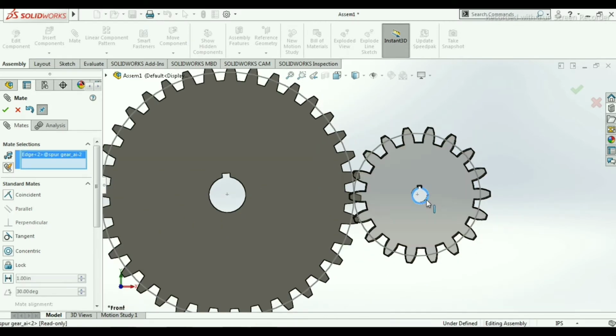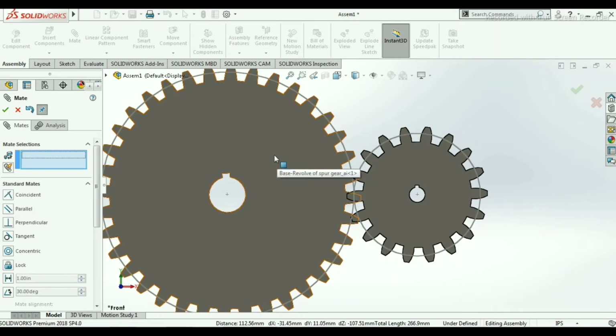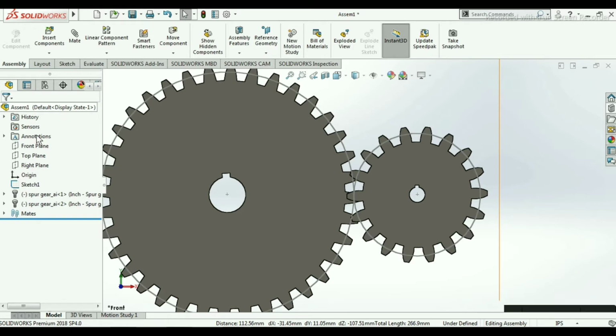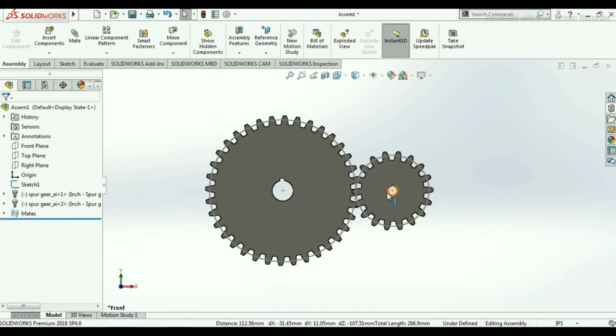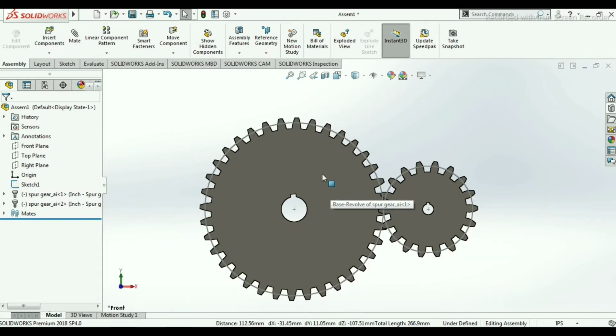Select this inner circle and the outer circular sketch. So outer circular sketch, both these should be concentric, and click on OK. And click OK. Now this is properly added.